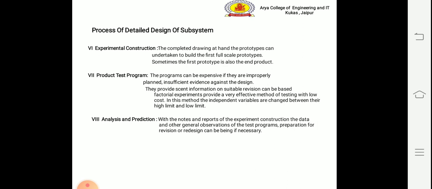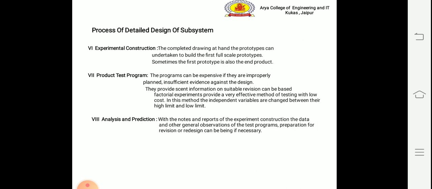Now, the sixth step is experimental construction. With the completed drawings at hand, the prototype can be undertaken to build the first full-scale prototypes. Sometimes the first prototype is also the end product. Seventh, product test program. The programs can be